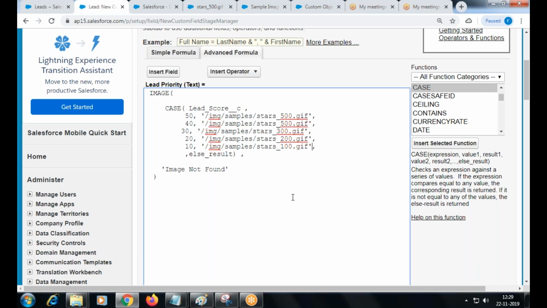Right. If no other values, then the else part. Else part of your case. Yes, this comma is for the image. Okay. Right.